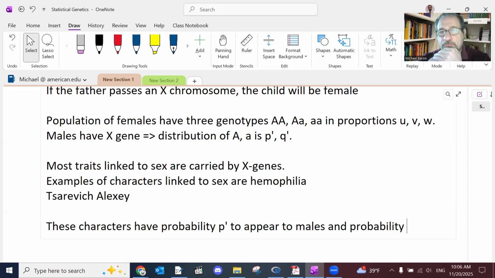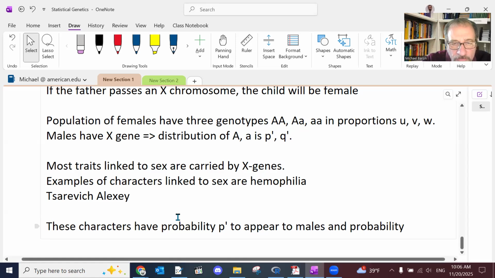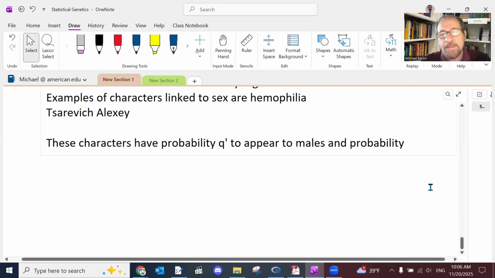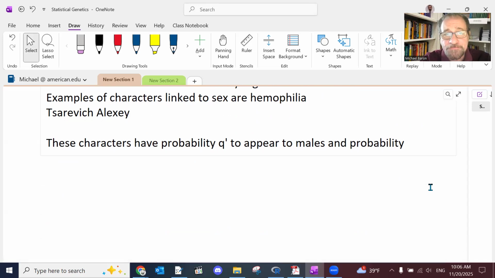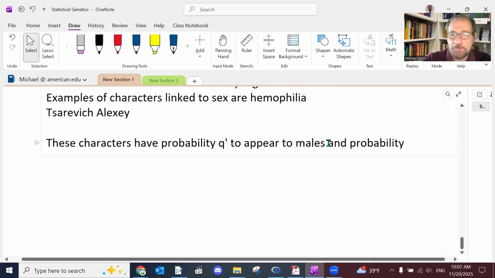So the probability of a recessive gene is Q prime, right? Well, we discussed this. Any unwanted characters are typically in a recessive gene. So probability Q prime to appear in males